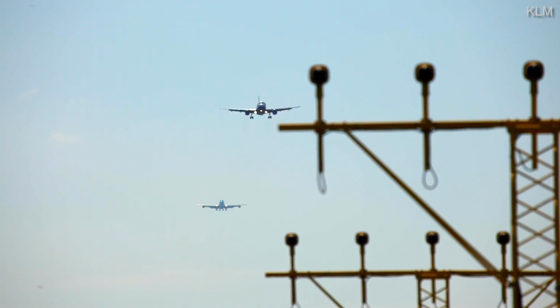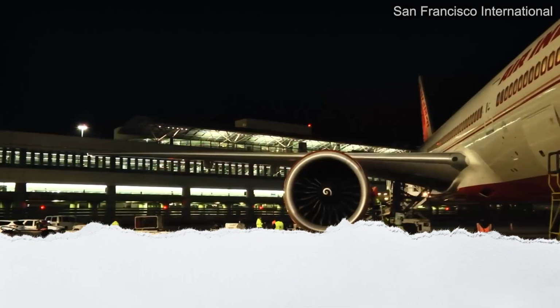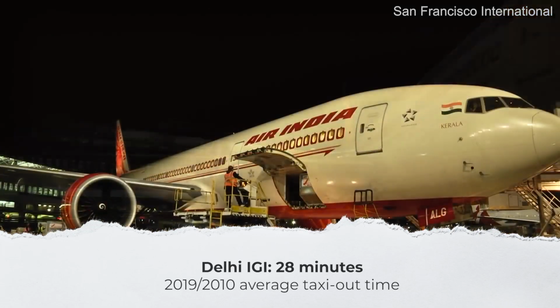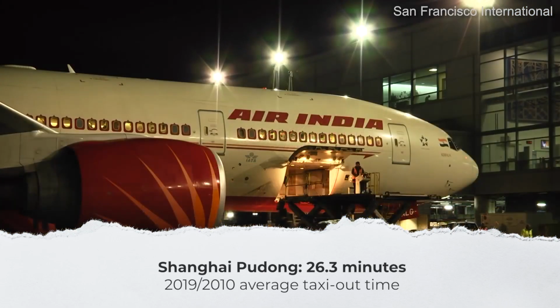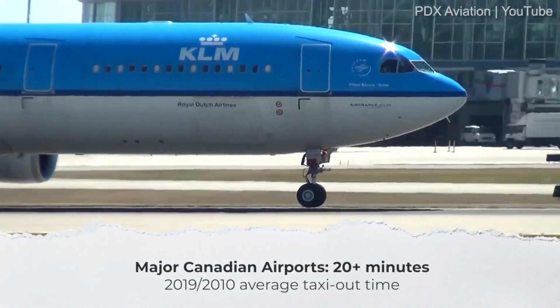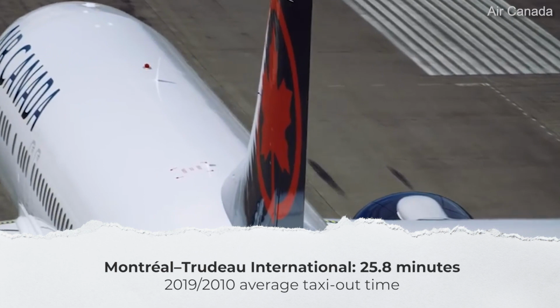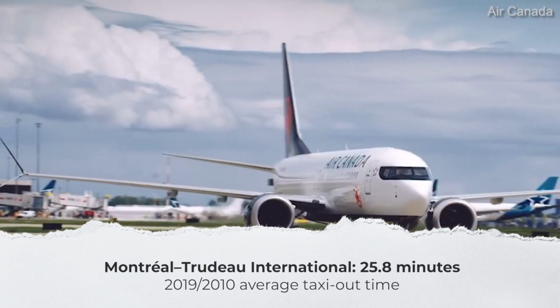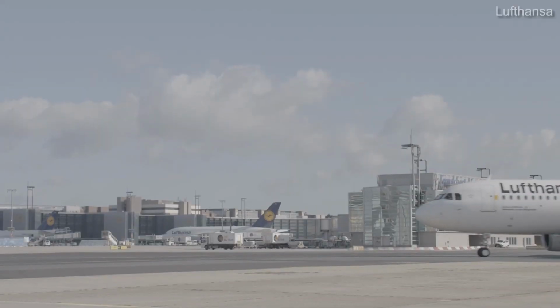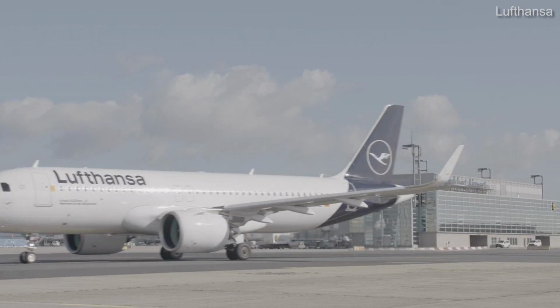During the pre-pandemic winter season of 2019-2020, taxiing times were on average higher. At the time, Delhi topped the list with just over 28 minutes, while Shanghai sat at 26.3. Meanwhile, all major Canadian airports were over 20 minutes, with Montreal Trudeau International Airport reaching 25.8. As traffic hopefully picks up following the crisis, airports would do well to see if there are means